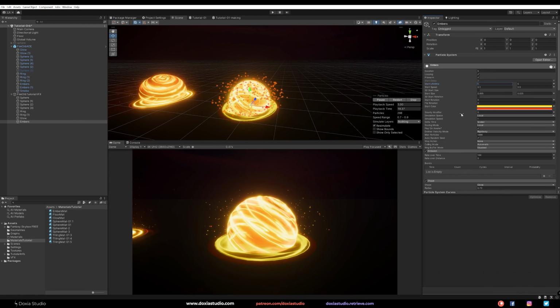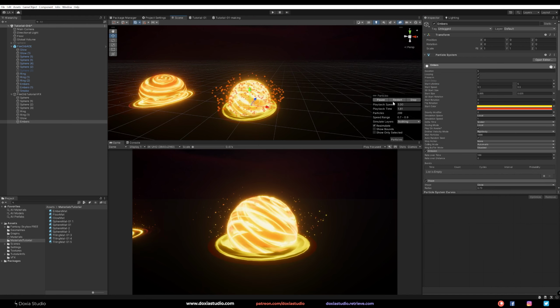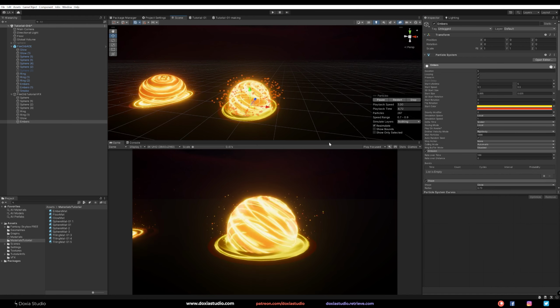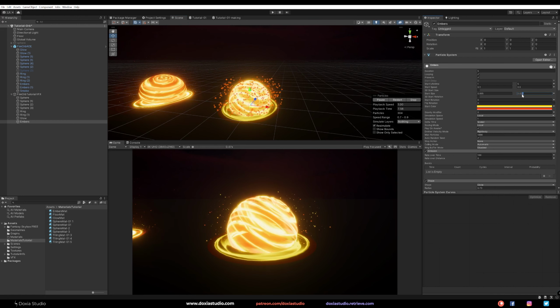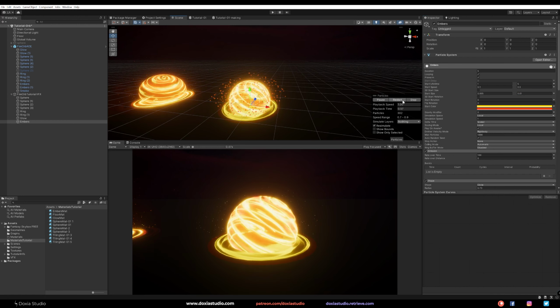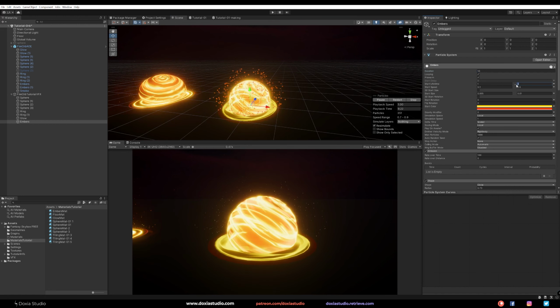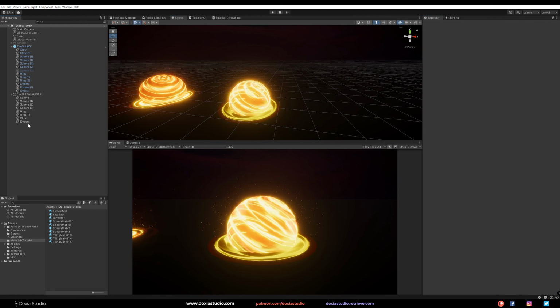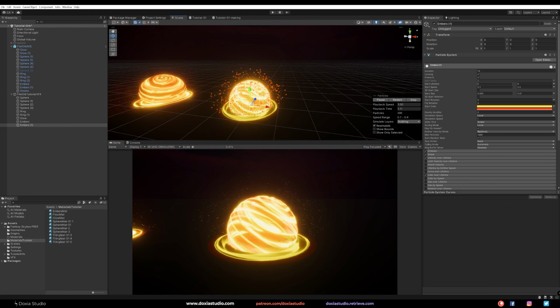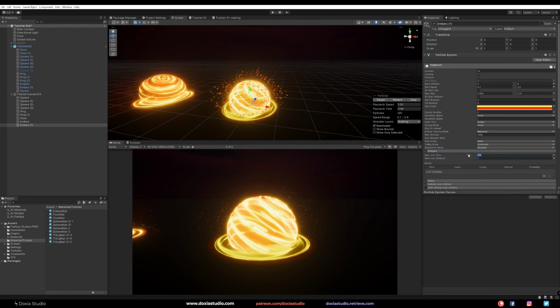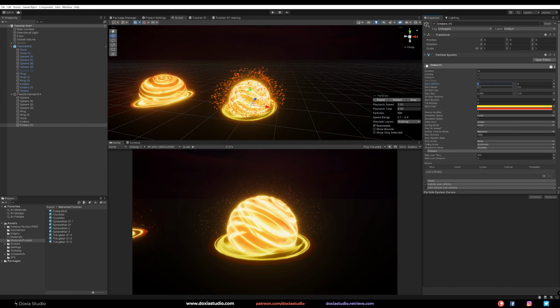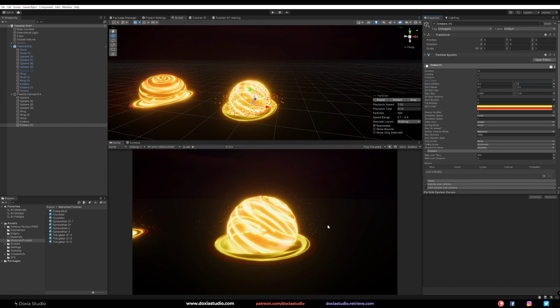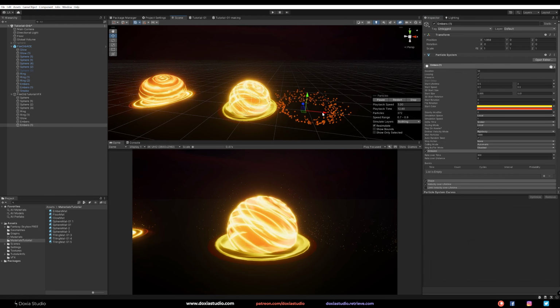Right, if you want, let's change the lifetime a bit, and that's pretty much it. I feel it's still too big for the embers, and that's more like it. And if you want, we can increase the lifetime of this one, maybe to 2. So we have a main one, and then we can duplicate this one and have more particles here. But really, they die really fast. You can see the difference here.